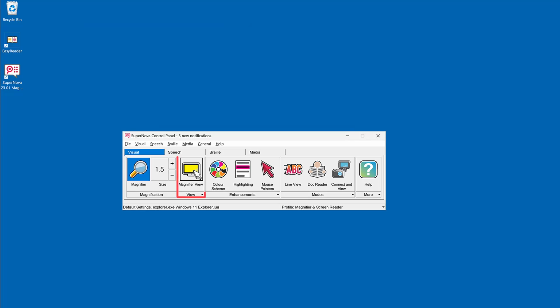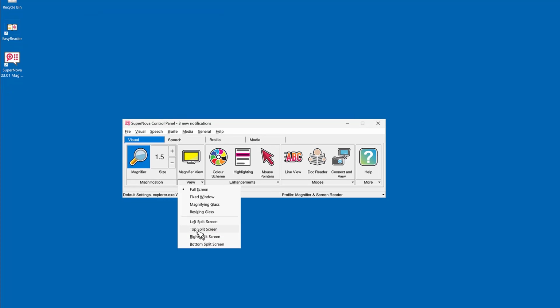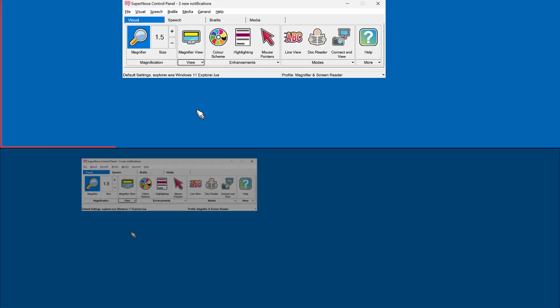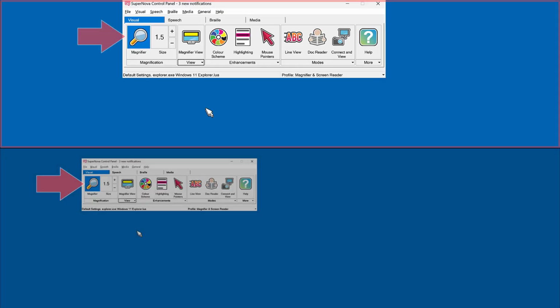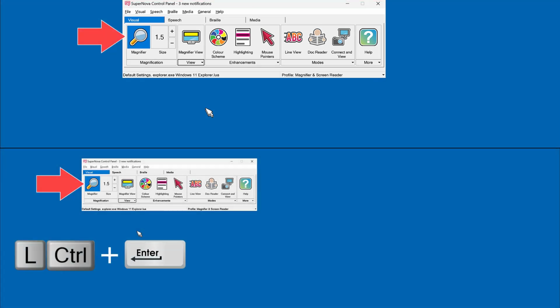You can select a specific magnified view by clicking the drop down arrow and selecting which view you require. I'm going to select the top split screen. Click the magnifier button or press the hotkey to turn the magnification